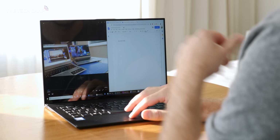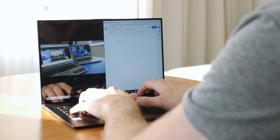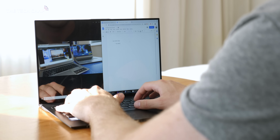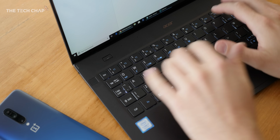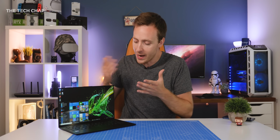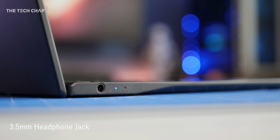And that's down to the fact that there's no active cooling here. So while it does get pretty hot in one corner, it does mean the Swift 7 is completely silent, so that's the trade-off. Now speaking of trade-offs, when you get a laptop this thin and this light, of course there